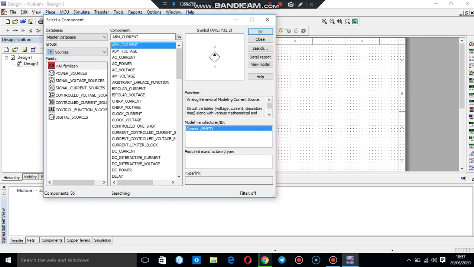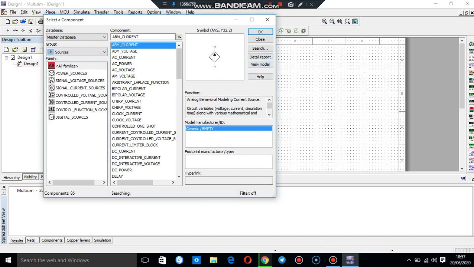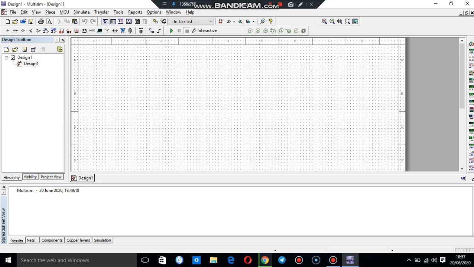Okay, so first we'll see about the basic connections. Normally we'll be setting the input value to do any experiment, especially the amplifier experiment that we are going to see. On the right side we have many options here. First is the multimeter. The multimeter is a device used to find the current, voltage and resistance value. And next we have the function generator. So I'm clicking this function generator and keeping it here.